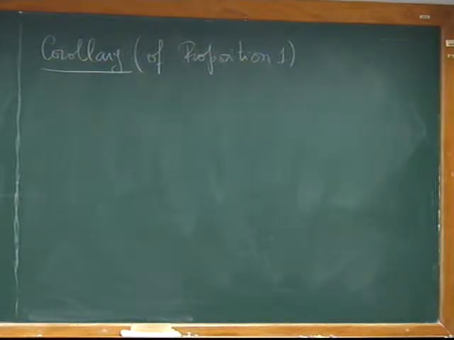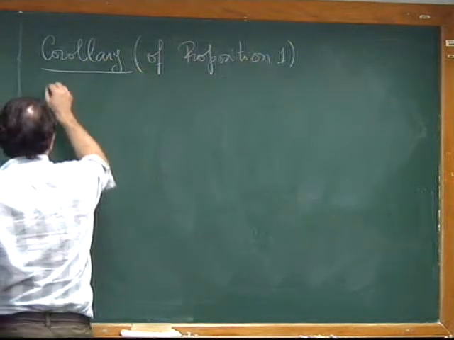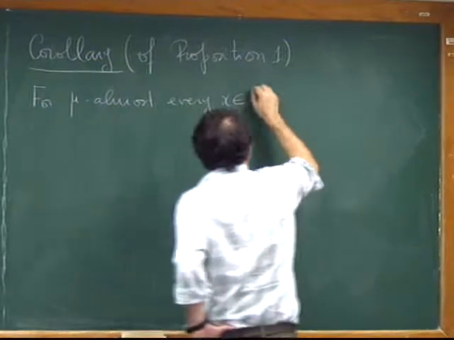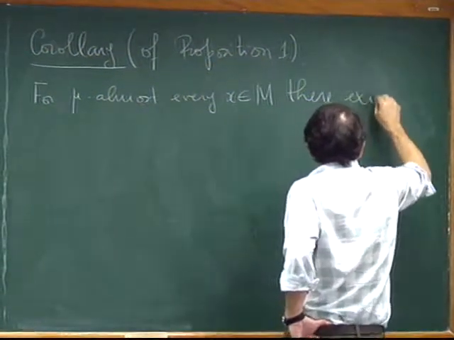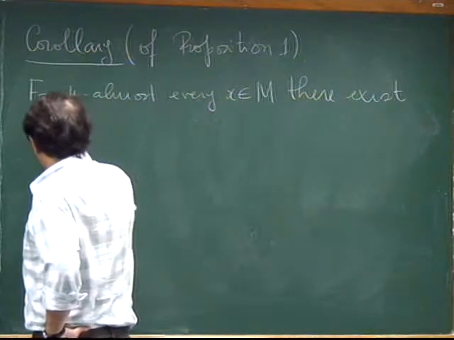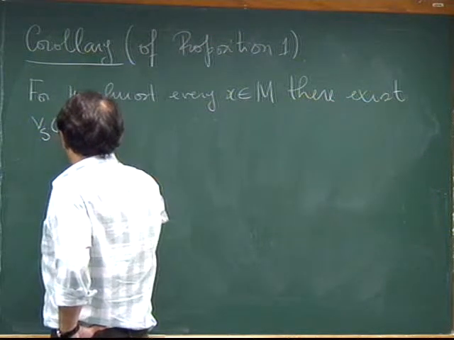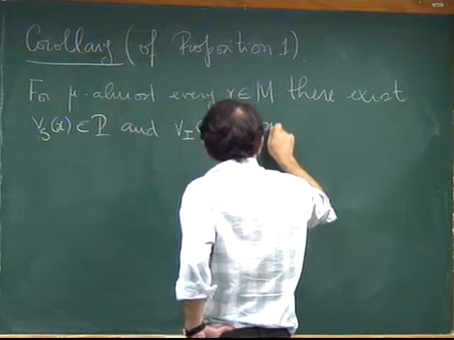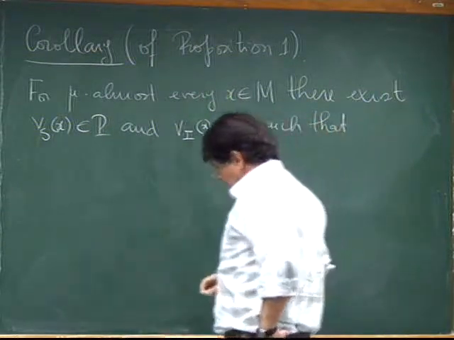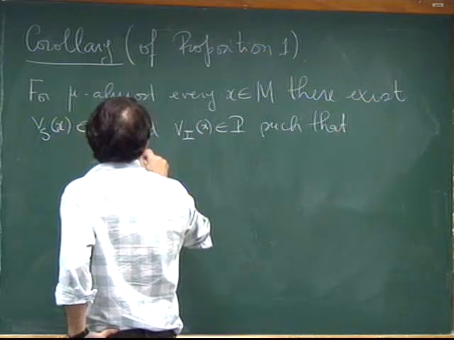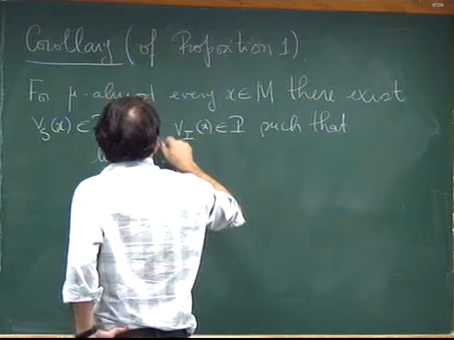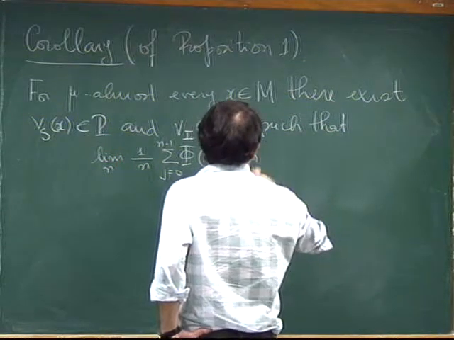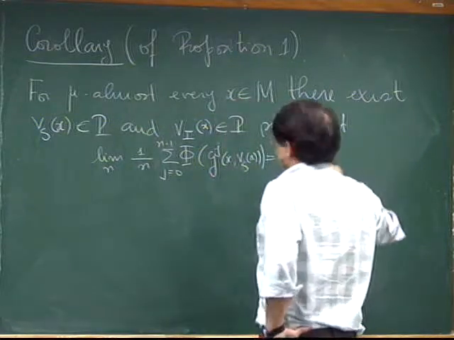The corollary says, for mu almost every x, there exists two elements, vs of x in P and vi of x in P, such that the limit of 1 over n sum j equals 0 to n minus 1 of phi g j x vs of x is s of x, and the limit